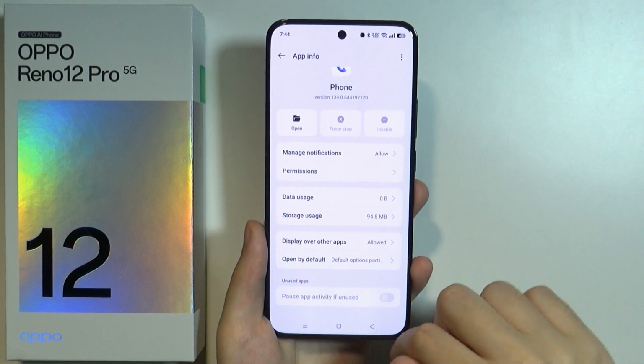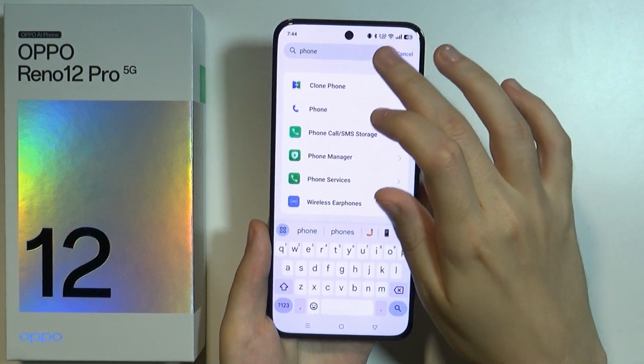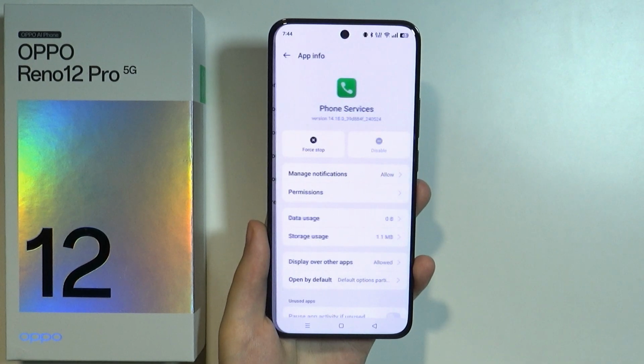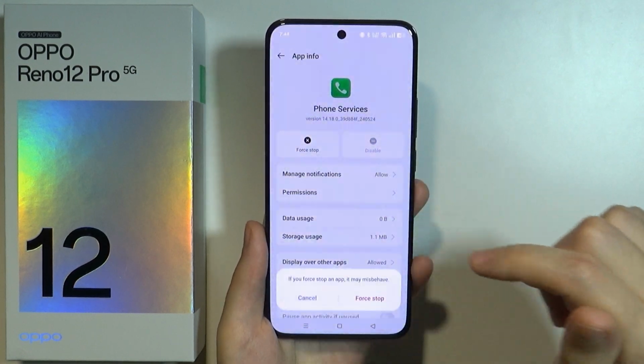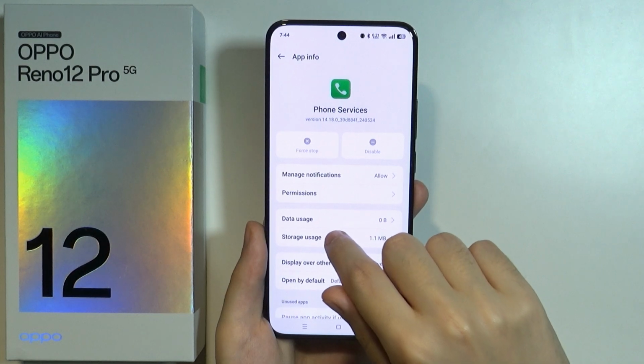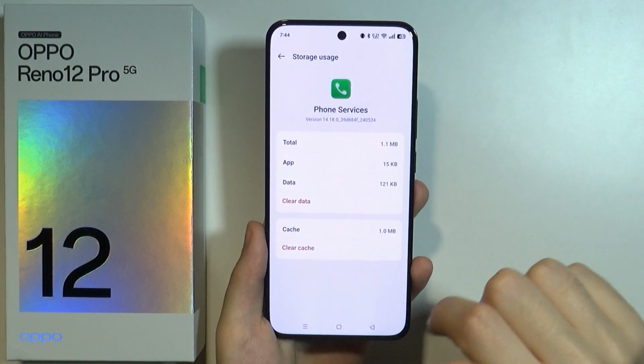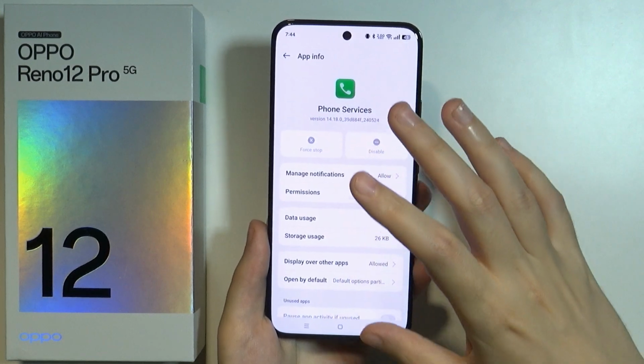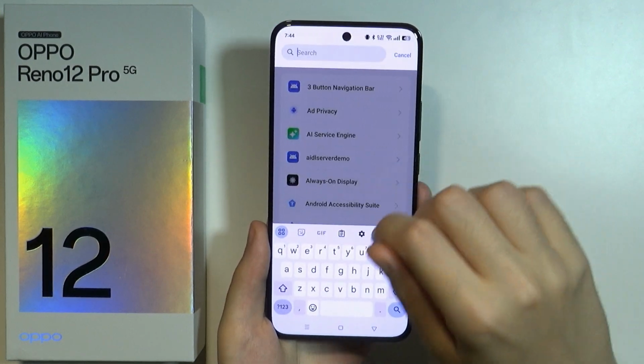Now let's go back, and this time we're gonna open phone services and do the same thing. So force stop, go to storage usage and then clear data and cache. There you go. And then type call